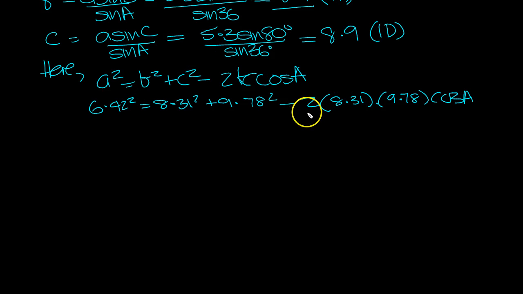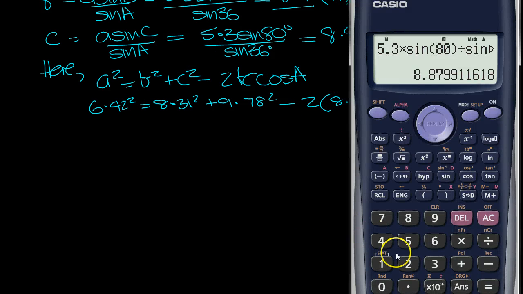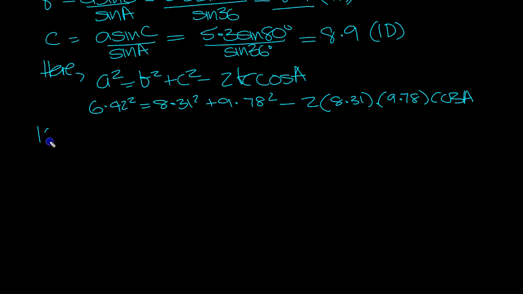Shall I work out that number first though? Save me writing it down. 2 times 8.31 times 9.78. Okay, 2BC. 162.5436, nice and accurate, perfectly accurate. Move that over to plus, lots of cos A